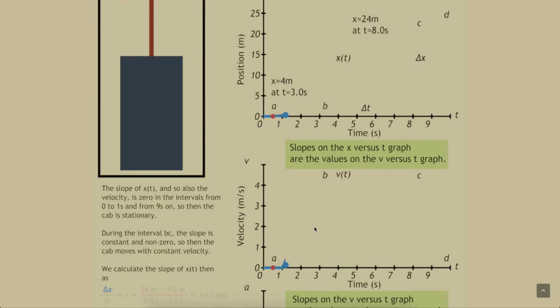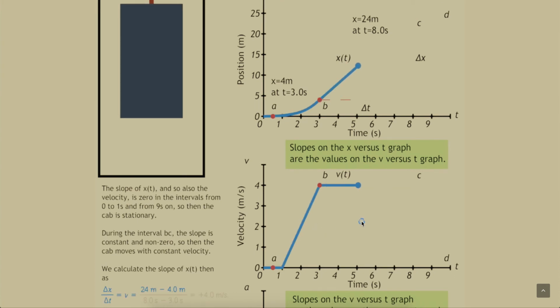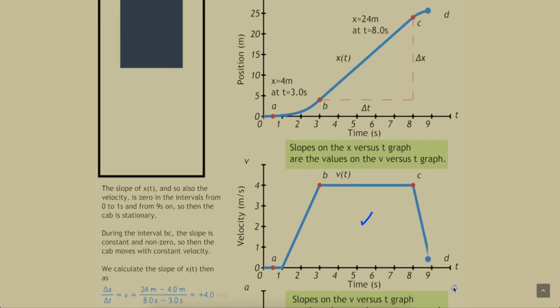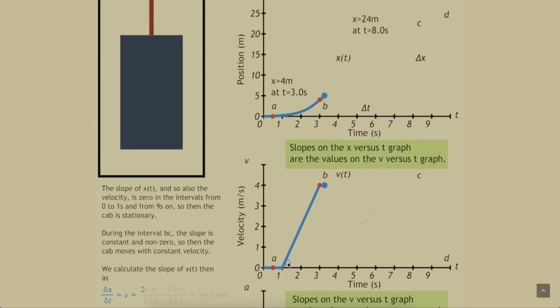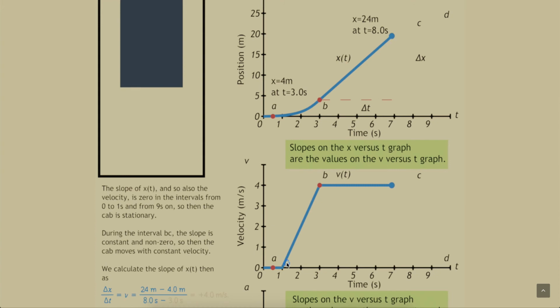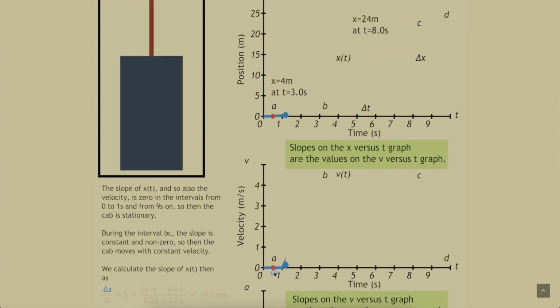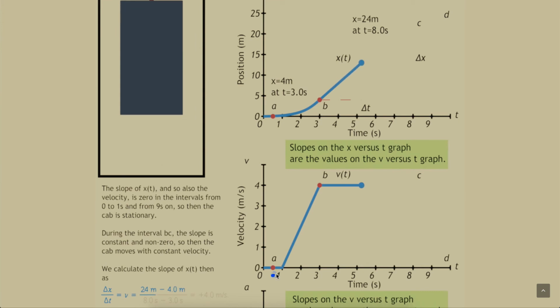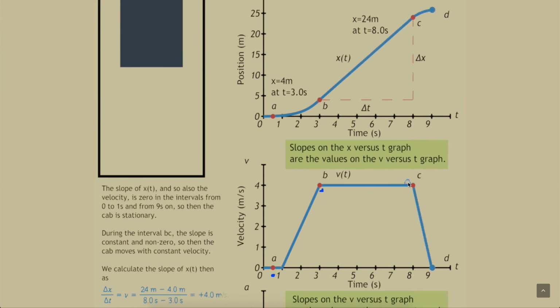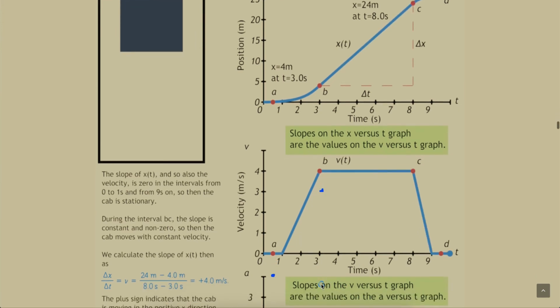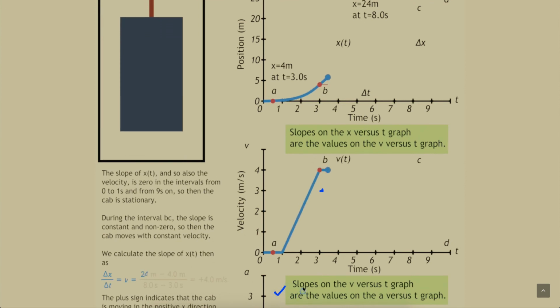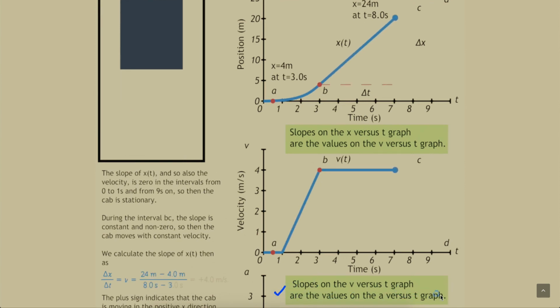Now, with this, we have completed what we were asked to do, to plot the velocity versus time curve. However, we can go one step further and plot the curve of acceleration versus time. To do this, we have to do the same analysis we did for the position curve. We'll use the same points and sections we used for the velocity, and a key piece of information that says that the slope of the velocity versus time graph is the value of acceleration on the acceleration versus time graph.